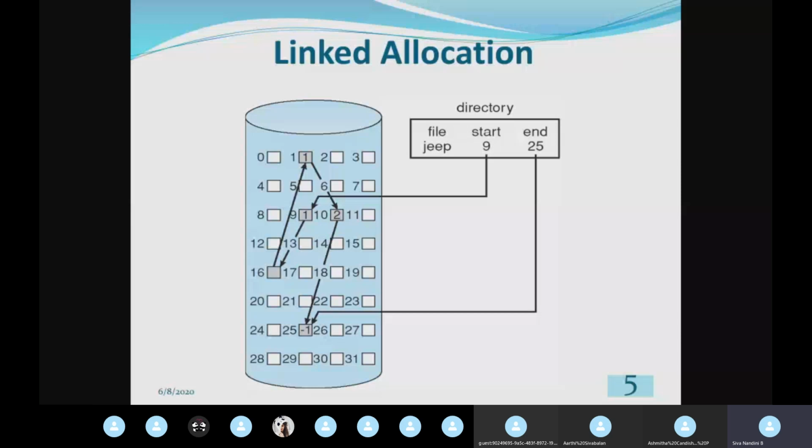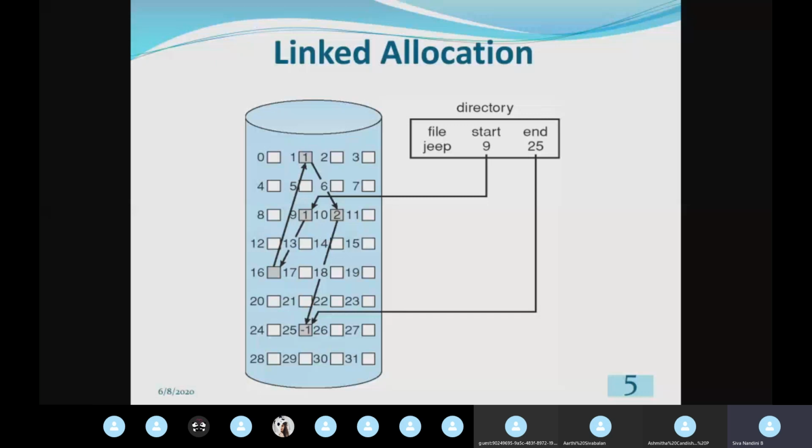The directory gives the details of the file. The Jeep file starts at logical block 9 and ends at logical block 25.